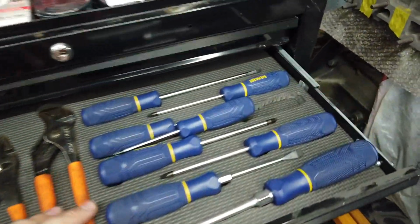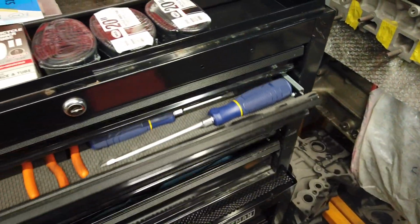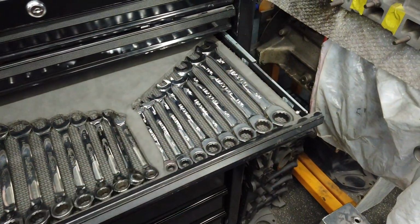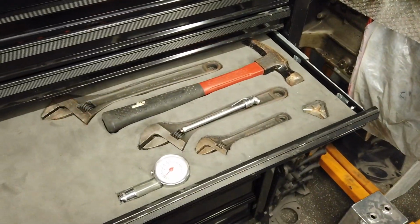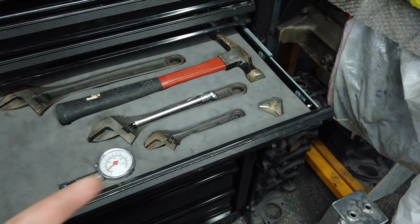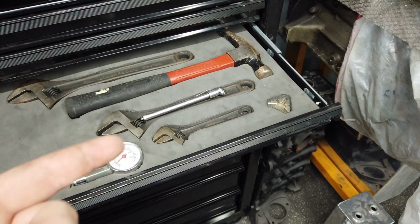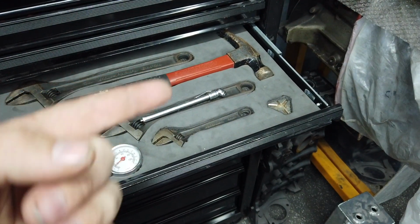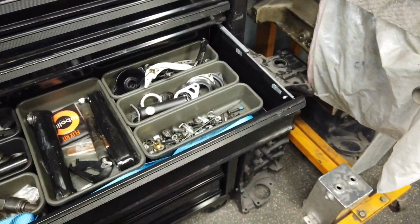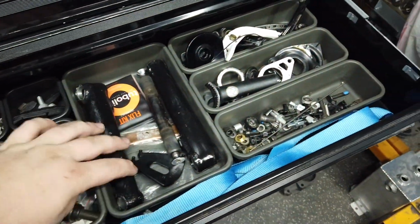Matco pliers, Irwin screwdrivers. These Irwin screwdrivers are actually really nice for like 20 bucks at Lowe's, I think. Blue Point metric wrenches, Matco standard wrenches, Blue Point crescent wrenches, spoke wrench, tire pressure gauge, and then just an old hammer, another random tire pressure tool. And this is just all BMX bike parts, so chain parts, brake pads, bearings, cranks,